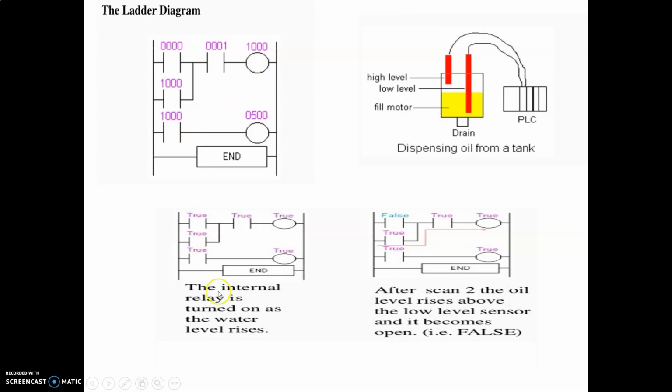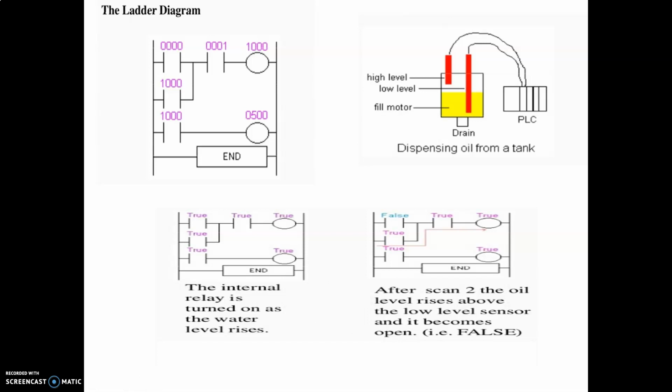So what is happening is that when the level of liquid is below the low level sensor, both the high level and low level sensors become true values. It makes the output true, and in the same case this true gets activated here also, and true gets activated here also. So this will also become true. And let's see what is connected to this 1000 ID. It is connected to an output motor. So if it becomes true, then this also becomes true. That's why our motor will start running.